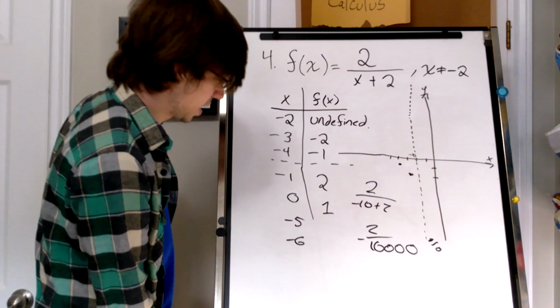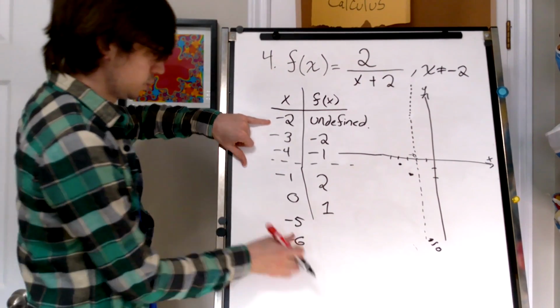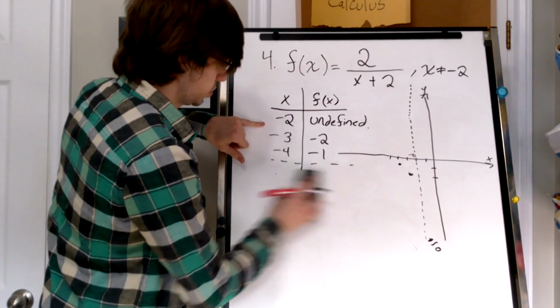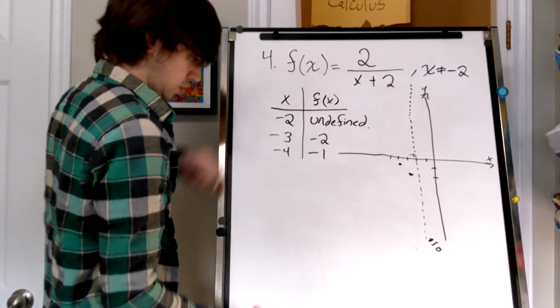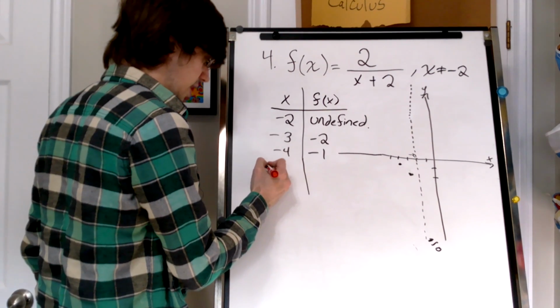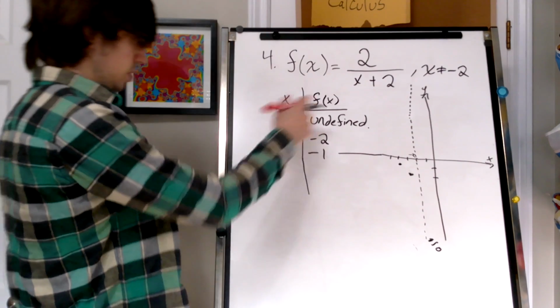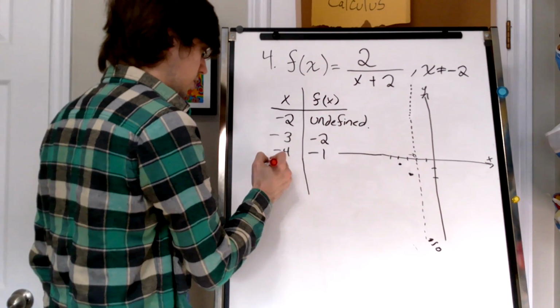Which also means if we get closer and closer to -2, let's get rid of these ones. Let's go right up against -2, we're going from this side, let's go